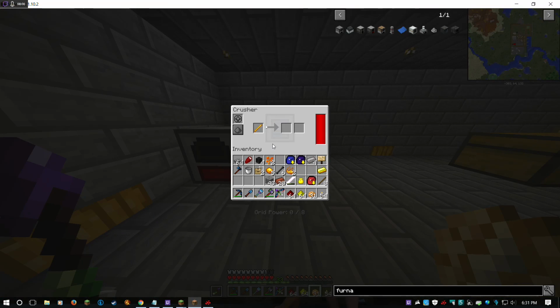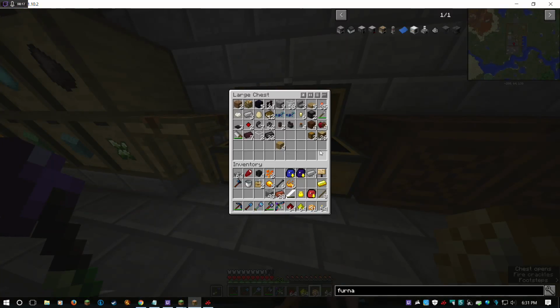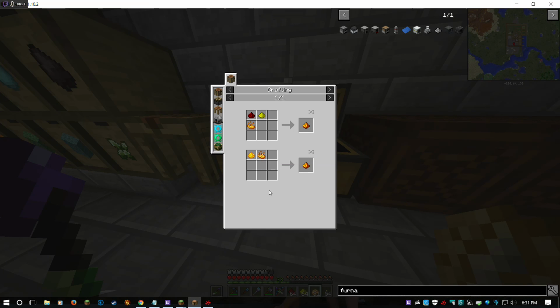So let's throw this into our crusher and hope we get all 5. Give it to me. No, okay. We got 4. We got 6. That's exactly how much we need. So let's go and look at our recipe here. We're going to make...